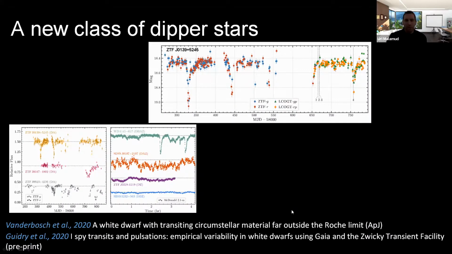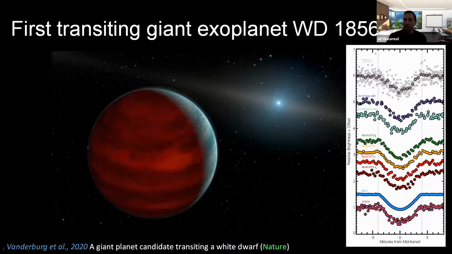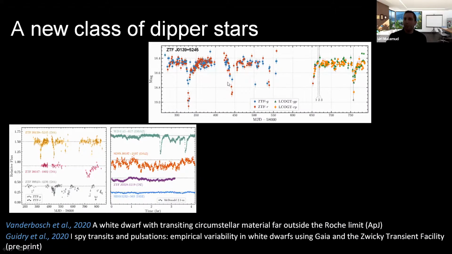And I will conclude by saying that there is also very recent work this year, initial results showing more transits. But these transits don't look anything like this transit. They're very sort of random. Maybe they're caused by different fragments from different orbits, different sizes. Maybe they're round fragments. Maybe it's more like halos. We don't really know. So there's an entirely new class of white dwarf stars, stars that have these weird transits. And there is no canonical explanation for this phenomenon.